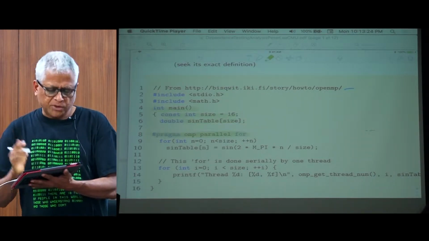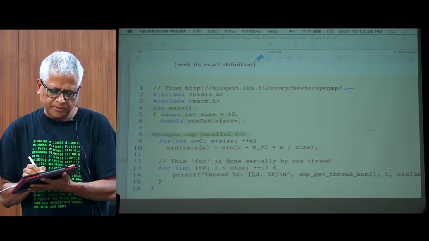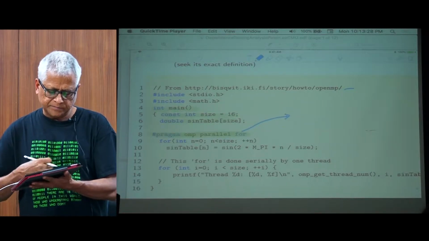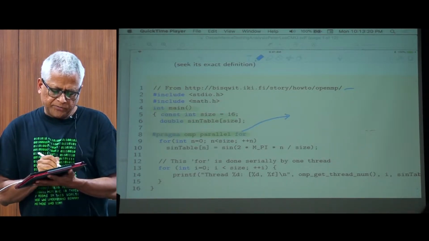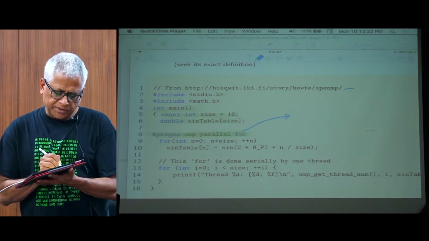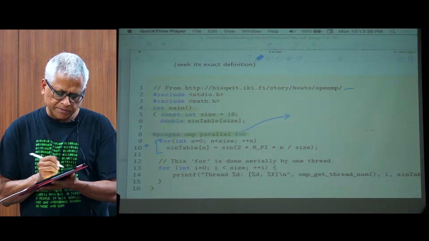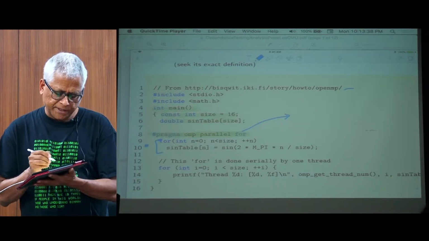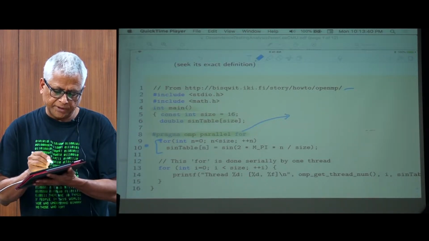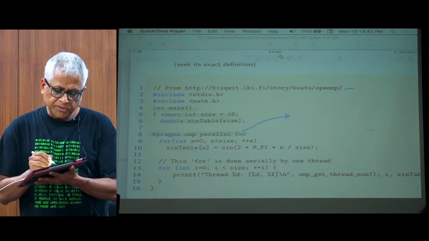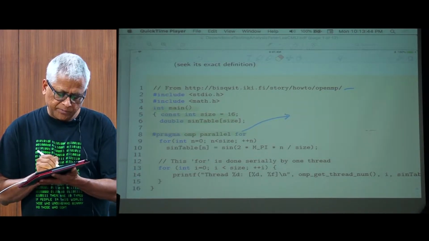This is a compound construct. Pragma parallel OMP for, and then this need not be a for loop. This could be any other section also. But what I'm going to say is the following. Whenever you see a Pragma parallel OMP for,